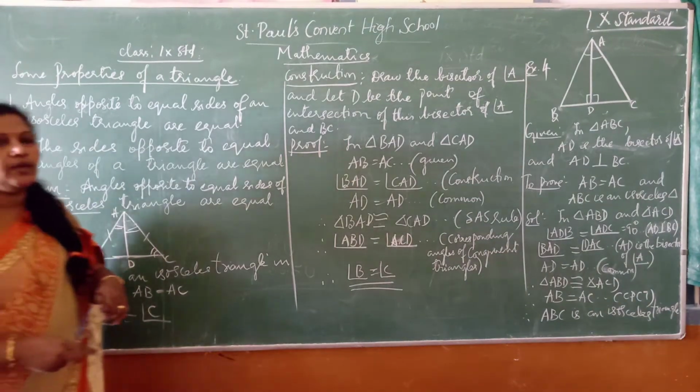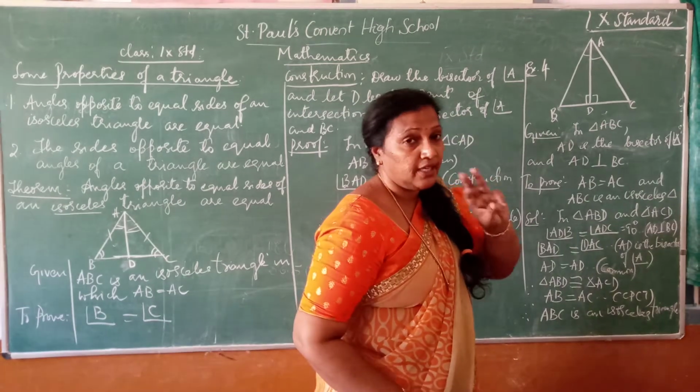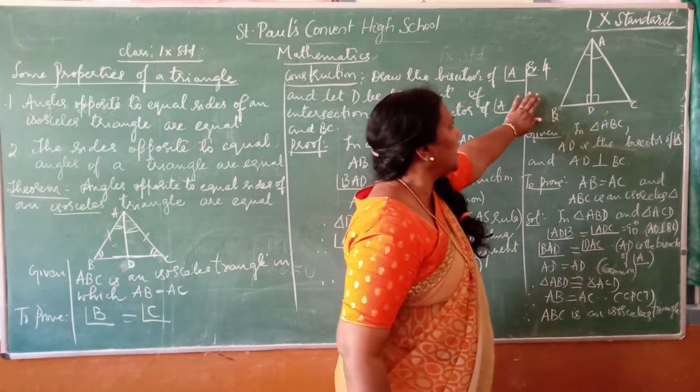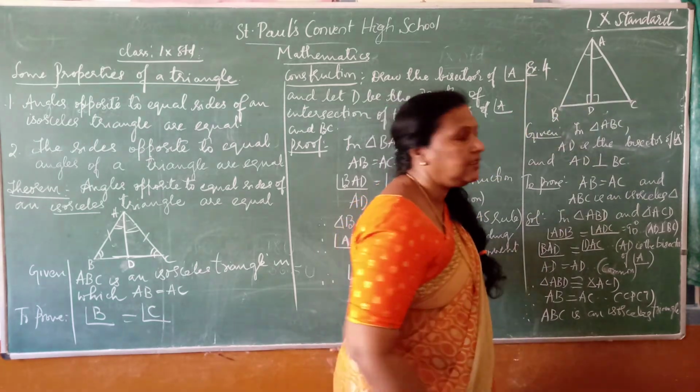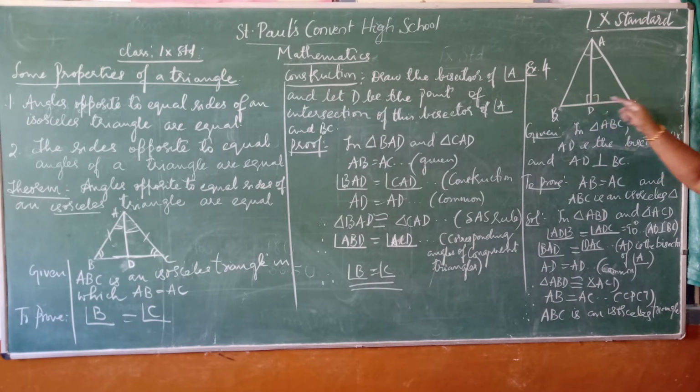Now I have taken a problem, example 4. There are 3 worked examples, 4, 5 and 6. In example 4, he has given a triangle ABC. Hope you can see. Fourth worked example, ABC is a triangle, and AD is the bisector of angle A. You know what a bisector is? It divides the angle into two equal angles.